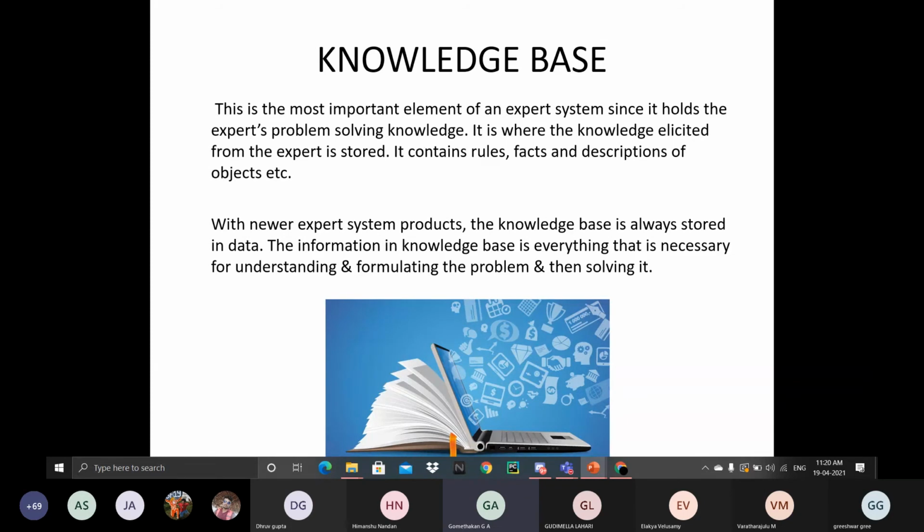Knowledge base is an expert system which represents facts and rules. It contains knowledge in a specific domain along with rules in order to solve a problem and form procedures that are relevant to the domain. So the success of the expert system depends on collection of highly accurate and precise knowledge. Next slide.